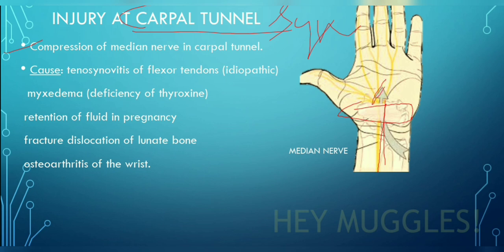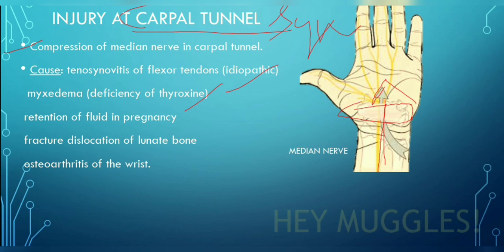If there is any compression due to tenosynovitis of the flexor tendons, which is inflammation of the fluid-filled sheath that surrounds the flexor tendons, or due to myxedema, a deficiency of thyroxine hormone, a kind of advanced hypothyroidism,